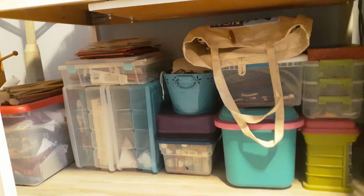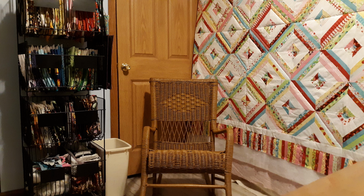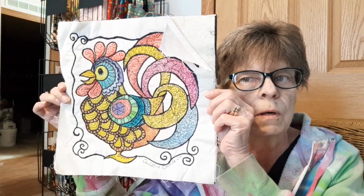Check it out. Underneath the sewing machine that was hiding behind the quilt has lots of different projects that have been in process for quite some time. Here's one in particular. It's a quilting, Quilt-a-Doodle-Doo by Helen Godden. This was the rooster that I started, and yesterday